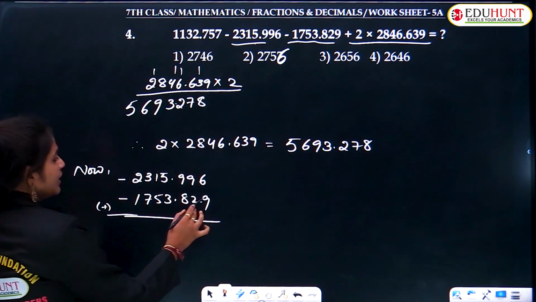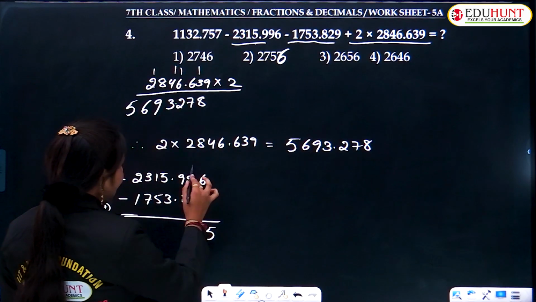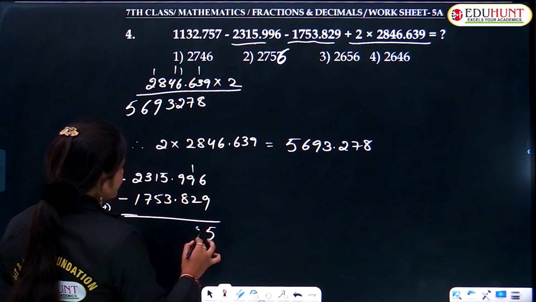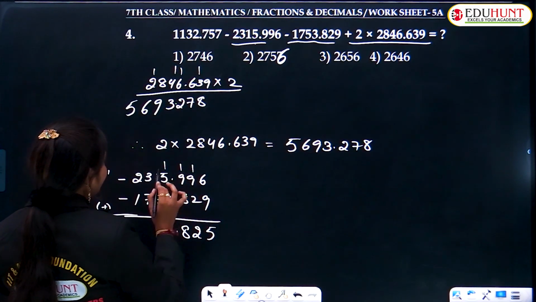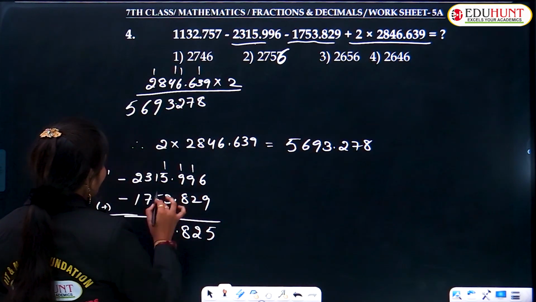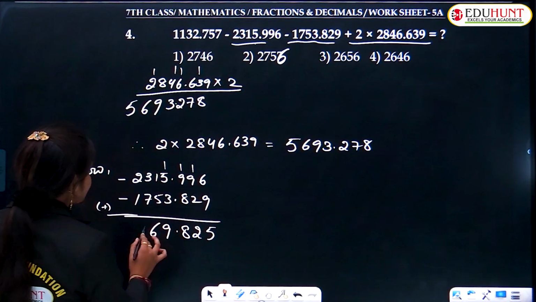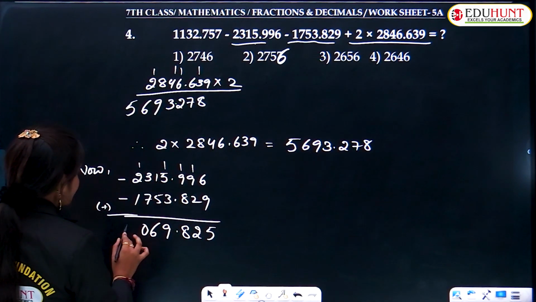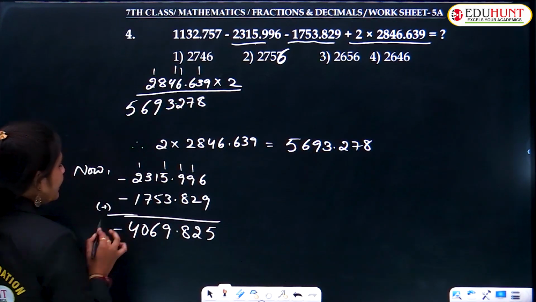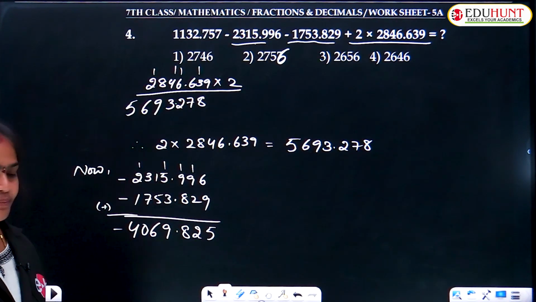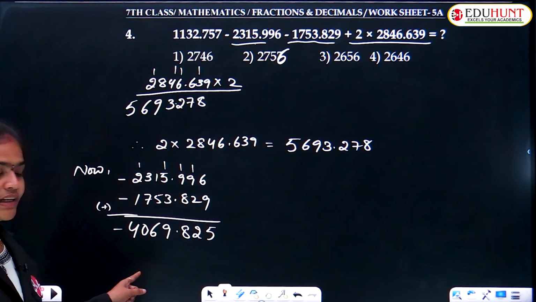Understood? Now here 9 plus 6 is equal to 15. 9 plus 1 is 10 plus 2 is 12. 10 plus 8 is 18. Point. 5 plus 1 is 6, 6 plus 3 is 9. 1 plus 5 is 6. 7 plus 3 is 10. 2 plus 1 is 4 plus 1 is 4, 2 plus 1 is 3, 3 plus 1 is 4. Okay. Then here you have to keep the negative sign. Understood? Then what did you get here? Minus